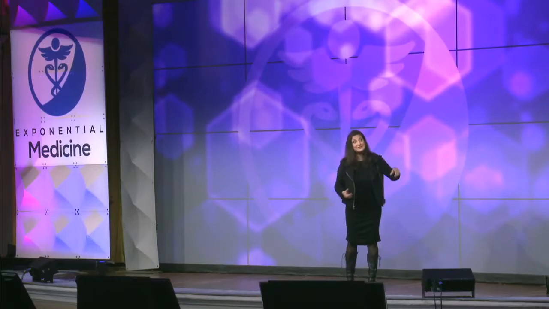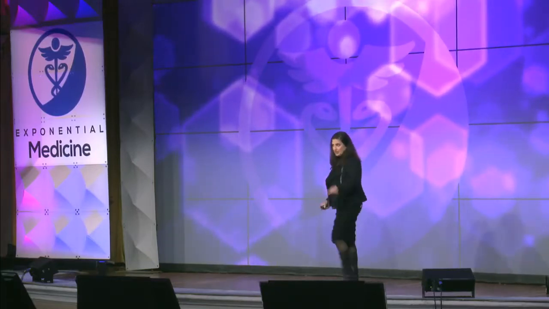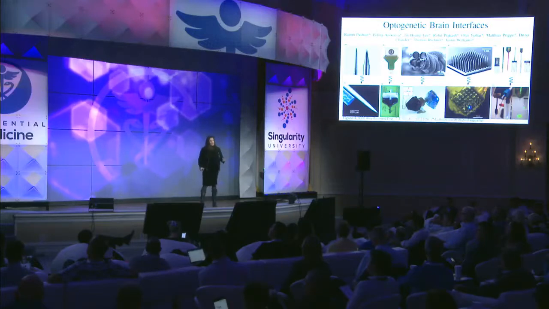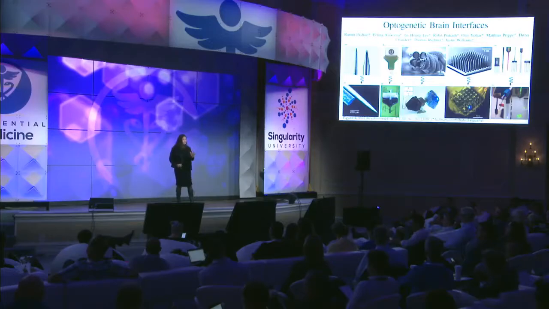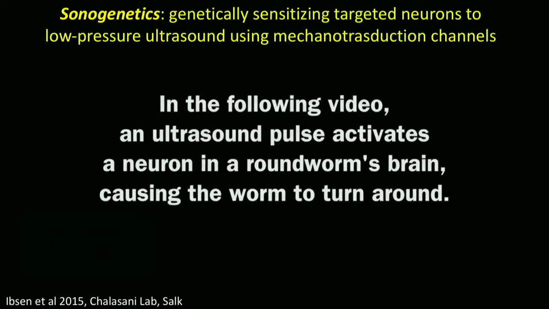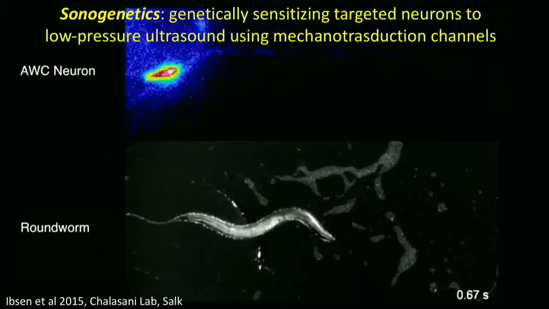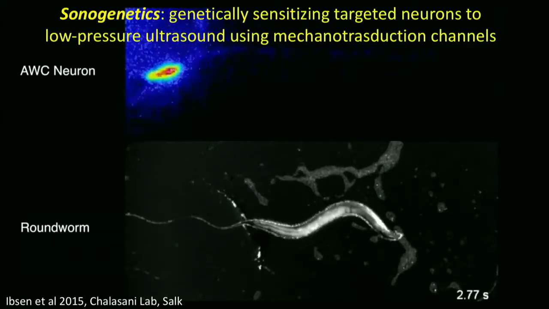So there are other ways to now begin to modulate the brain from the outside. So the key is, how do you get energy from outside the skull and have it penetrate the brain and then modulate what is on the inside? Now, what I had shown you before are light-sensitive protein channels that we delivered into the brain. What if we could deliver protein channels that were responsive to pressure? And in fact, that is what this group at the Salk Institute did. They actually took the DNA from a pressure receptor that encodes touch, and they put it into a worm brain.